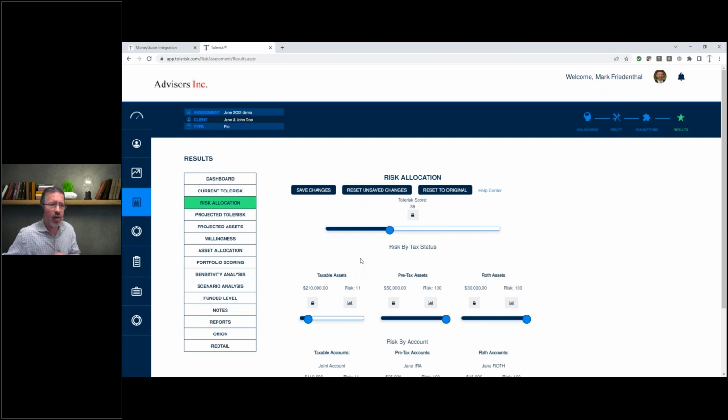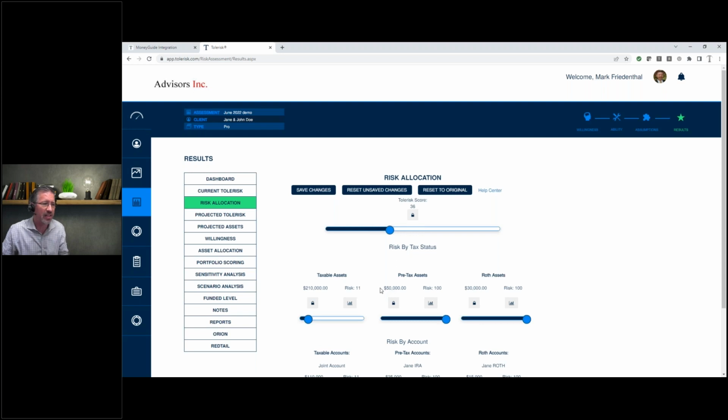One of the features that advisors really love about Tolerisk is that we're able to measure ability mathematically, and because we're accounting for the timing and the size and the location of every cash flow, every goal, every distribution, we can measure ability as it's differentiated by tax status. So in my very exaggerated example, where this couple is planning a very large withdrawal to buy that house next year, you already know that you're not going to recommend they pull money out of those IRAs and 401ks to do that, and that they are going to pull it out of the taxable assets first. And that because of that, they're going to need to take less risk, or they should take less risk in